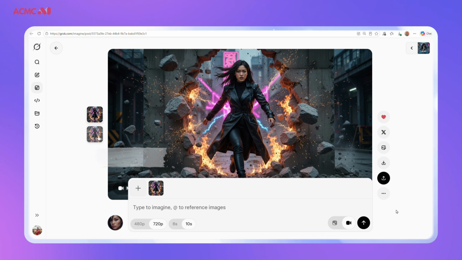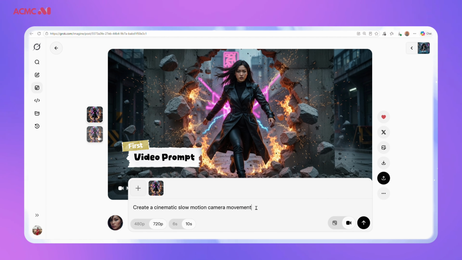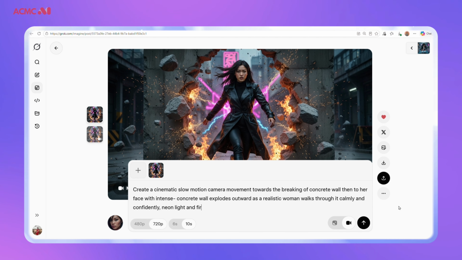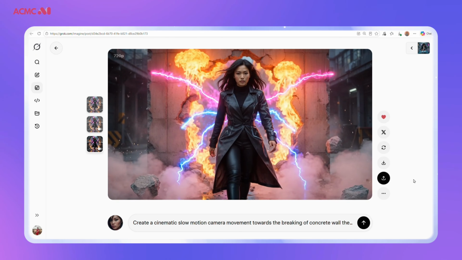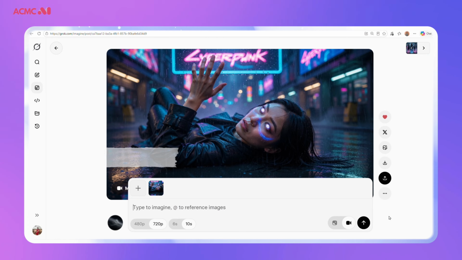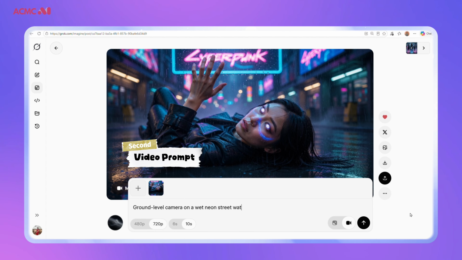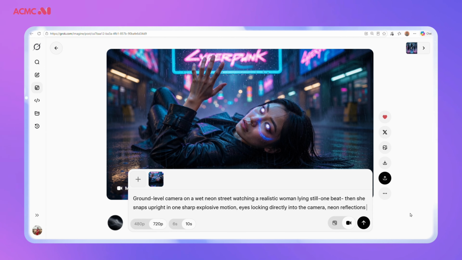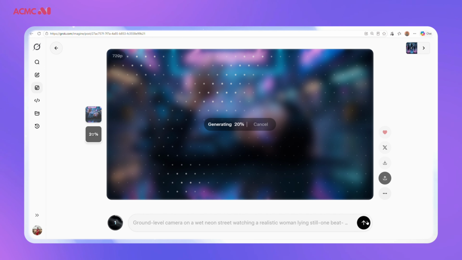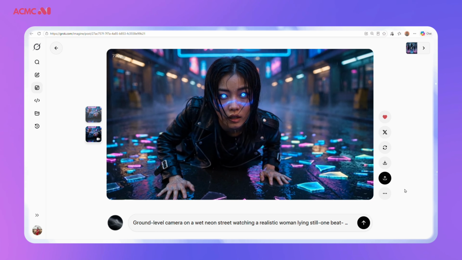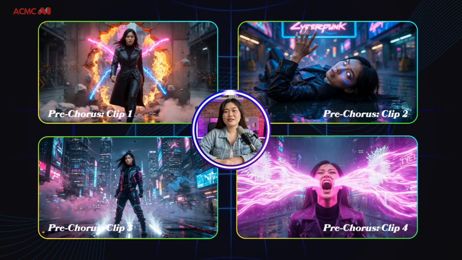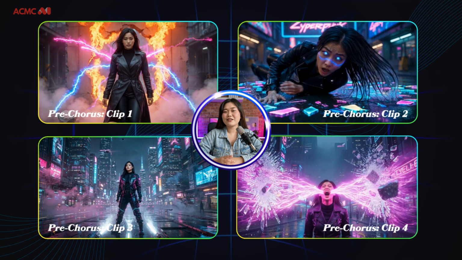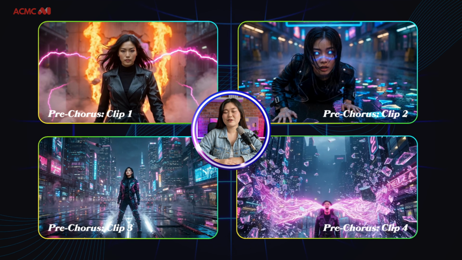Time to animate. Strong transition into higher energy. This sequence effectively sets up the impact of the chorus. Part 3 is complete. Part 4, the chorus.